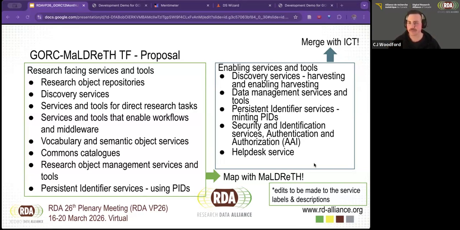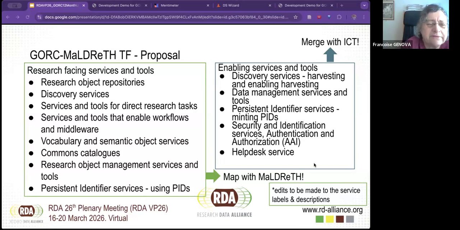Francois. Yes, I am trying to think about this in terms of the adopters of the GORC model. I have been working on two adoptions on two different cases in the last months, and I am trying to understand whether this helps. There are things which are a bit difficult to know where to put what. And I have the impression that having in mind this faces the researchers, and this is what I put in front of the researchers, in front of the users.